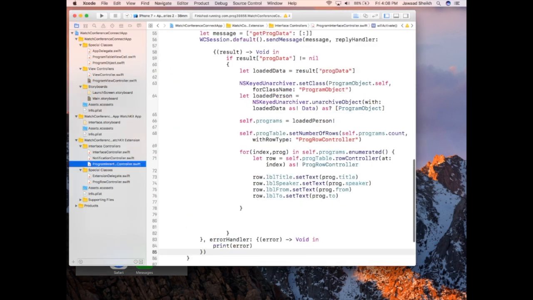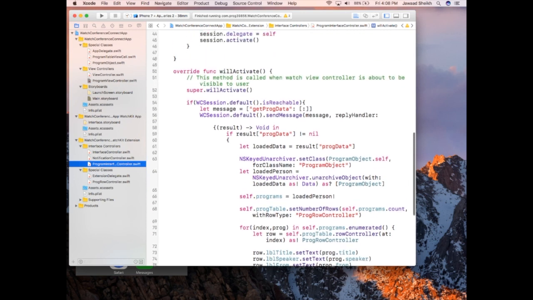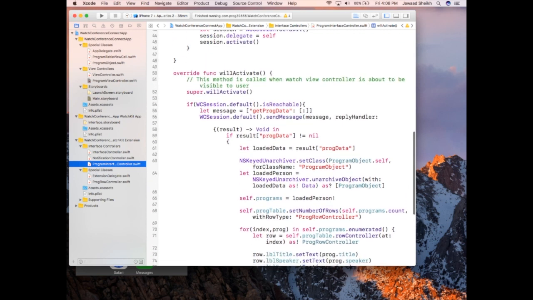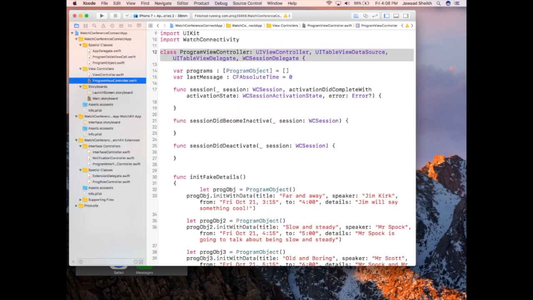If I jump back to that, we did send a message back. We want to make sure that we received that message to make sure that we had completed the transfer of data. So we're going to bring in another method below, and we'll say